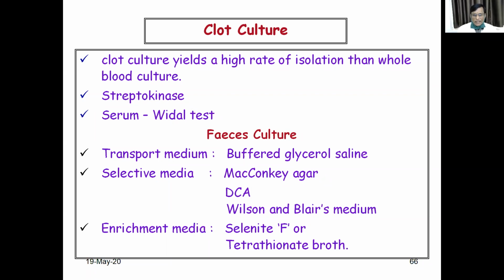Whereas for enrichment media, the definition is: in the feces, the majority of the organisms are commensal bacteria. These commensal bacteria will be suppressed or stop multiplying in this medium, allowing only Salmonella and Shigella to grow. When you subculture from the selenite F broth after 24 hours, you will get fewer colonies of commensal bacteria and more colonies of Salmonella typhi or paratyphi A or paratyphi B.